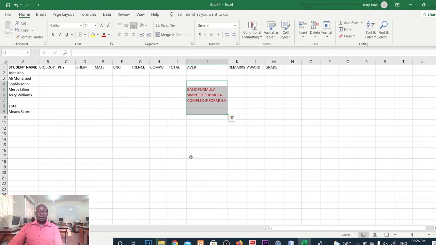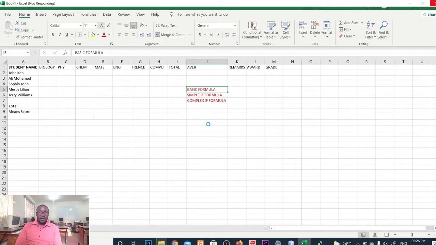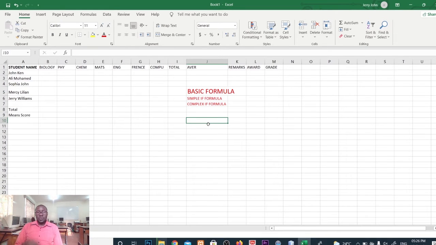Now, the first formula is known as the basic formula. This type of formula is very simple and very direct to use. The basic formula can only be applied to fields that are not very complicated. We can use the basic formula to get fields such as the total and average. And then when it comes to